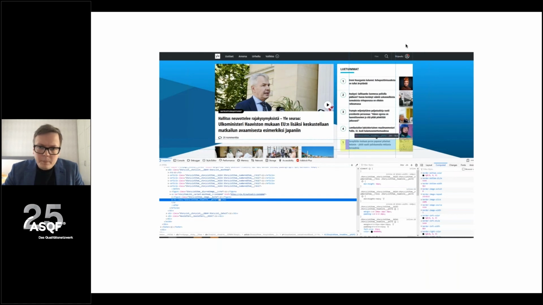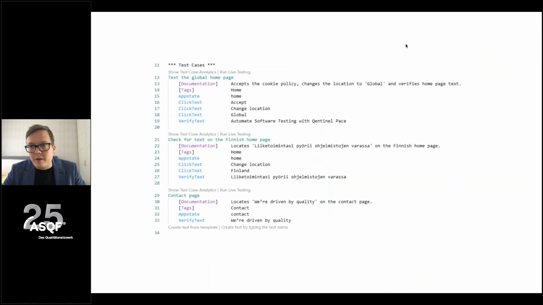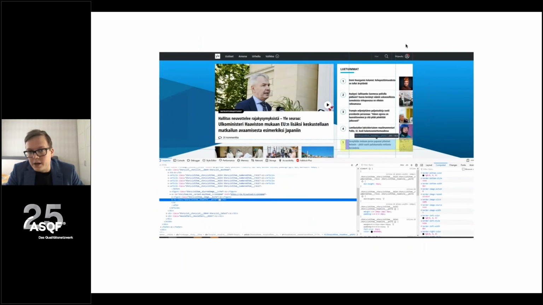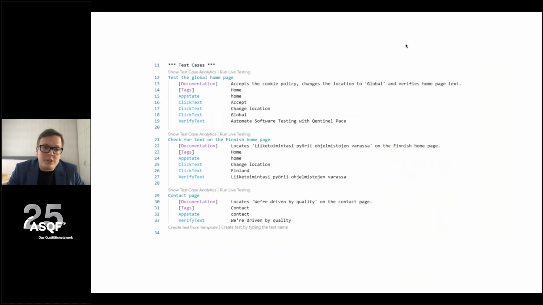That's why, for example, what we are doing with our scripting, this is QWeb script, which is now open source. It's our web testing library. This is still an imperative language. It doesn't matter if you read this; it doesn't reference any XPaths or any of the DOM elements listed here. You can see that it's not too technical. It's understandable by managers, by business, and hopefully by quite many people with just a little bit of looking into what's going on in the script.